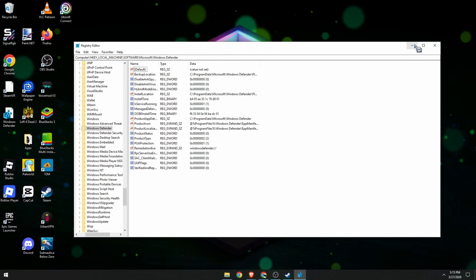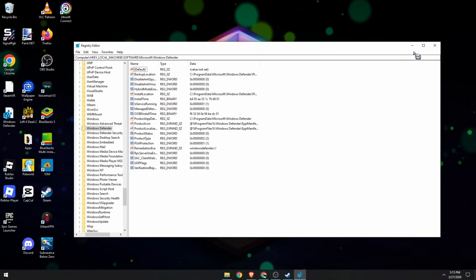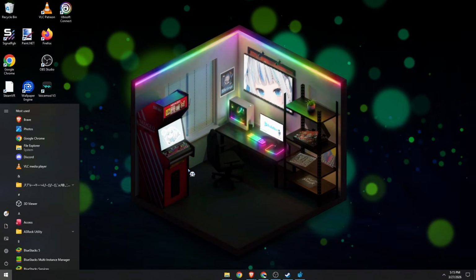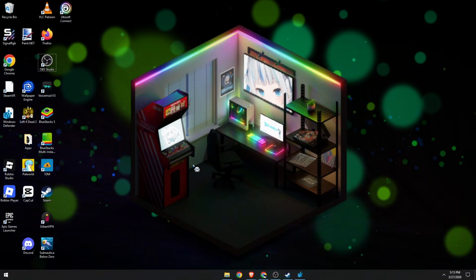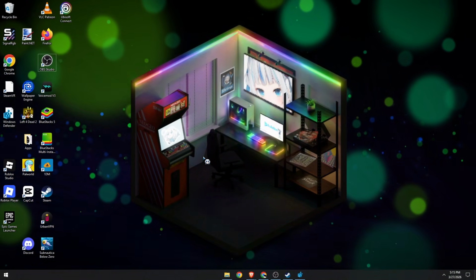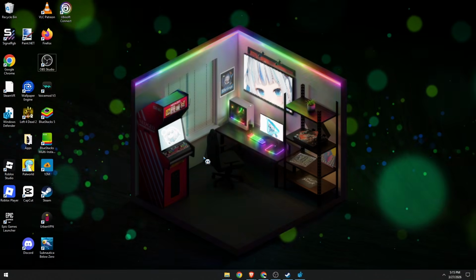So once you have made the changes and deleted this folder, go ahead, close everything, and restart your PC. Once you're back on your screen, you should now be able to bypass those administrator protections and make some security